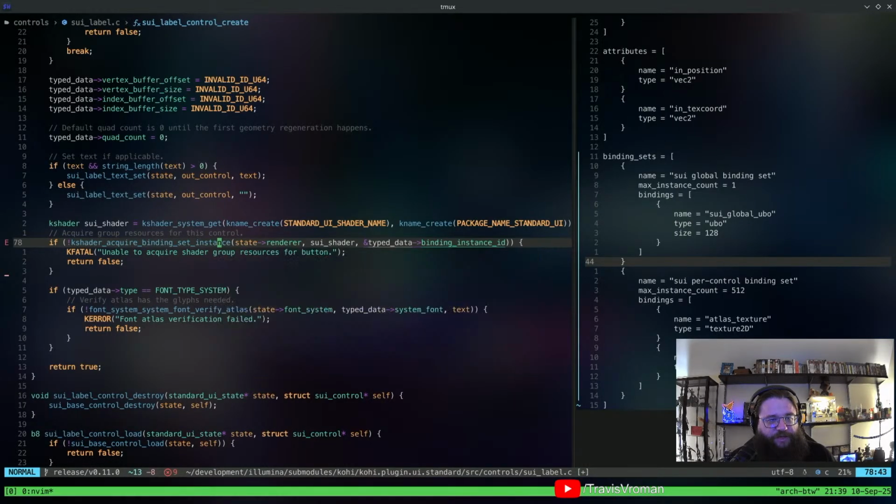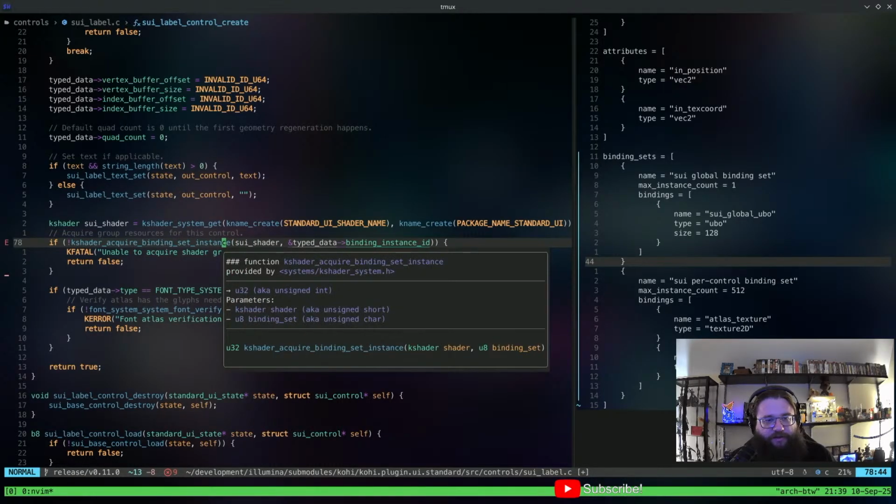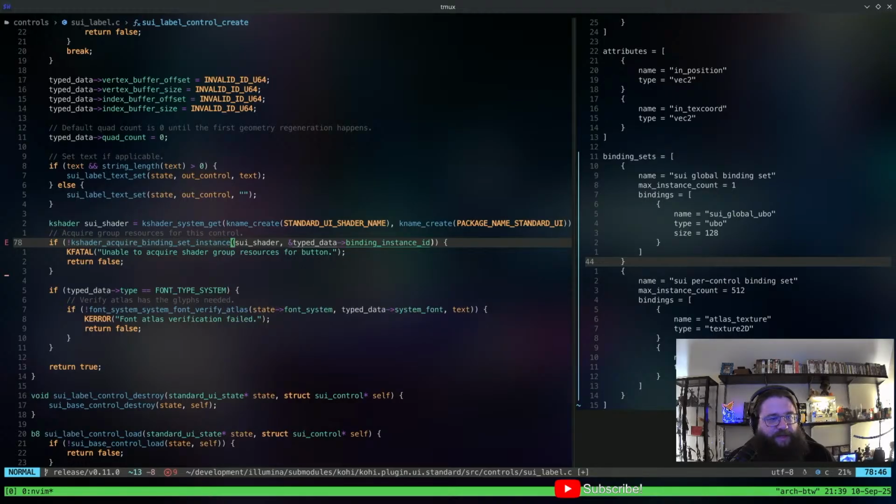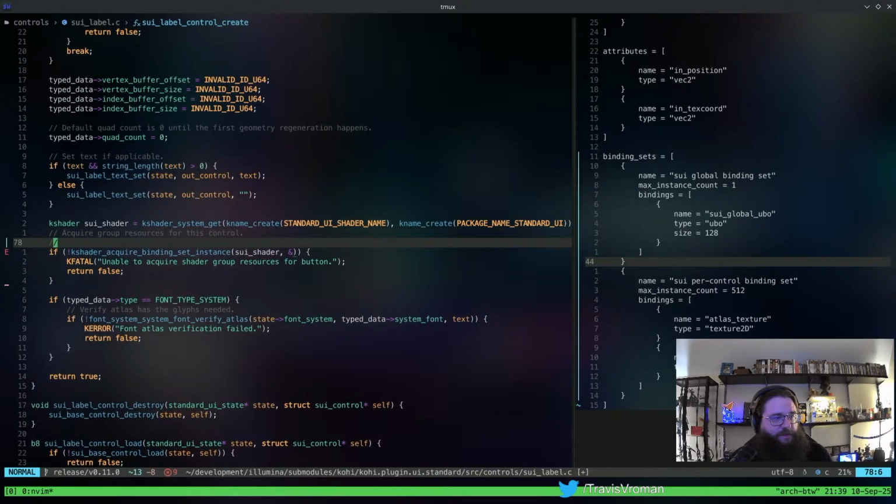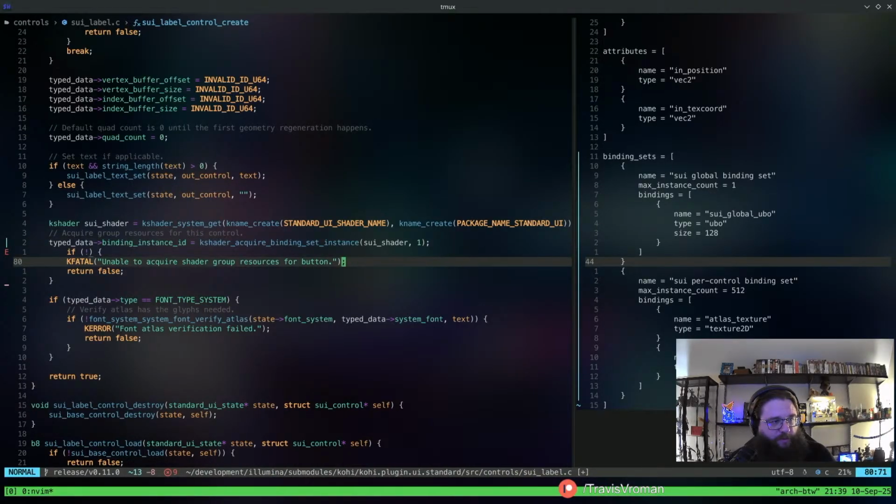So this is actually the shader system, so we don't actually need the renderer here. So we just need the shader and then the binding set, and then it gets returned instead of passing a pointer. So we just take this guy, and I guess I'm just going to do that, and then take this, and we're going to do binding set 1 is what we want there.